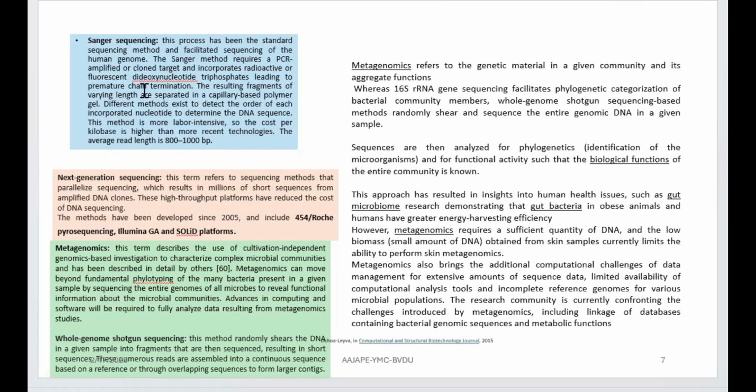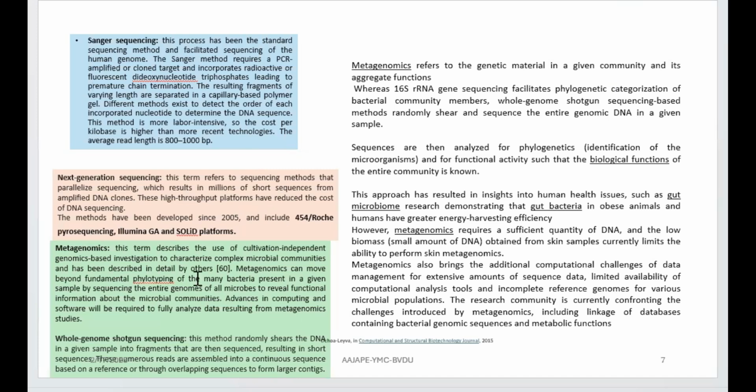When it comes to Sanger sequencing, it is a method which requires a PCR amplified or cloned target and incorporates radioactive or fluorescent dideoxynucleotides. We know that. In next generation sequencing, as we just spoke about, the 454, Illumina, SOLiD platform or pyrosequencing is used. Similarly, you have metagenomic